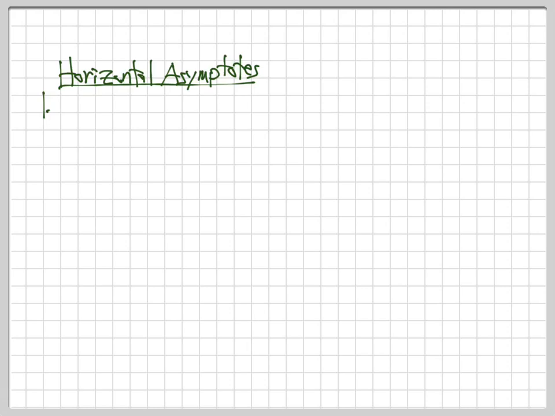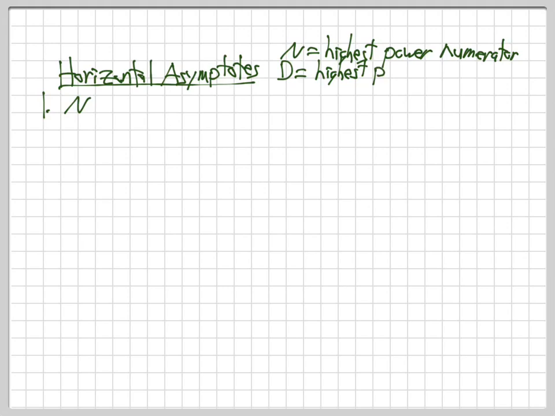Number one, we'll start with the numerator. I'll let n equal the highest power in the numerator, and d equal the highest power in the denominator. So if the numerator power is higher than the denominator power,